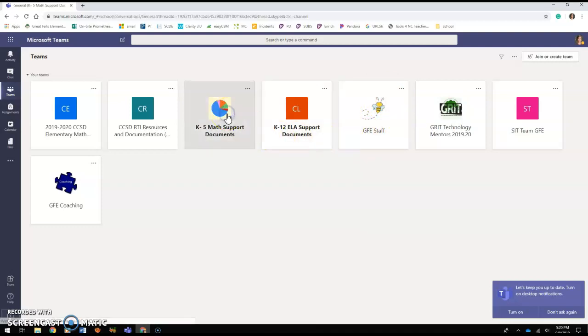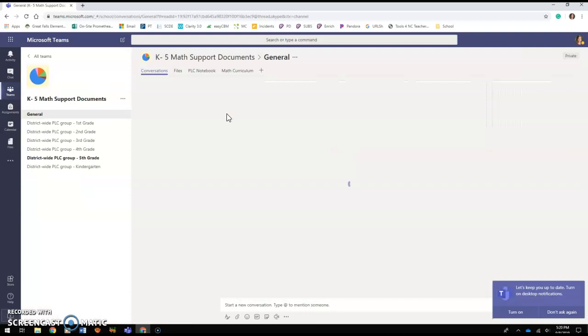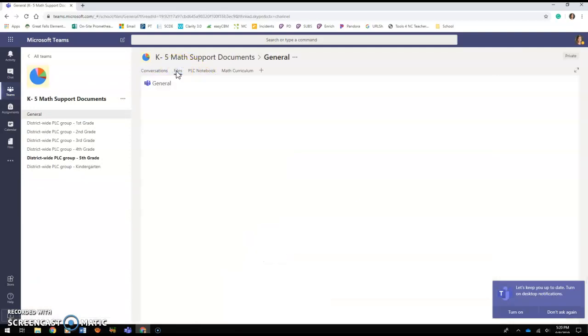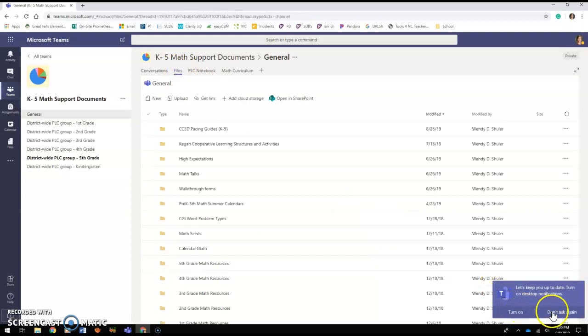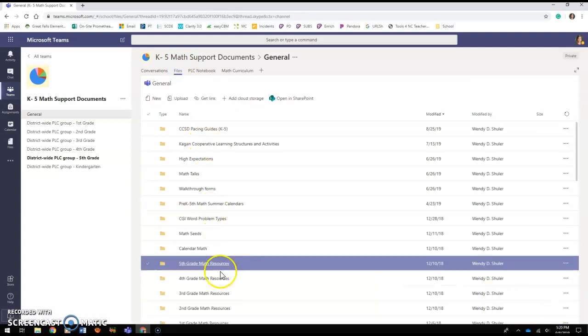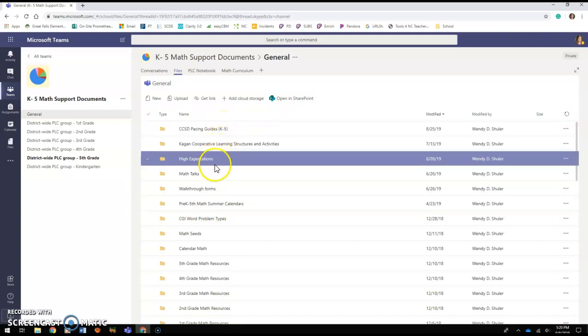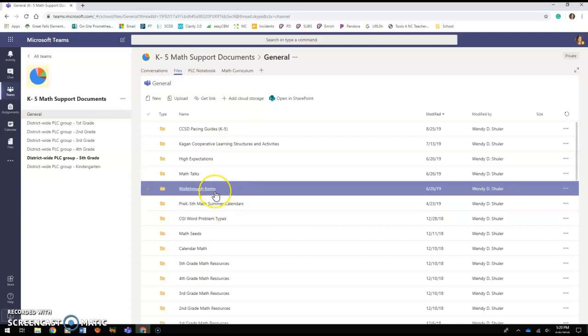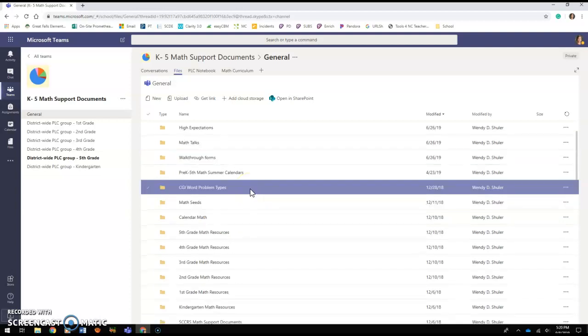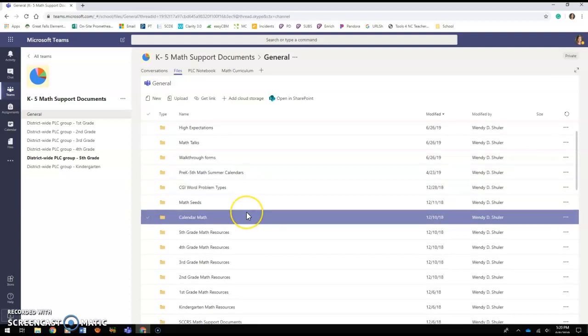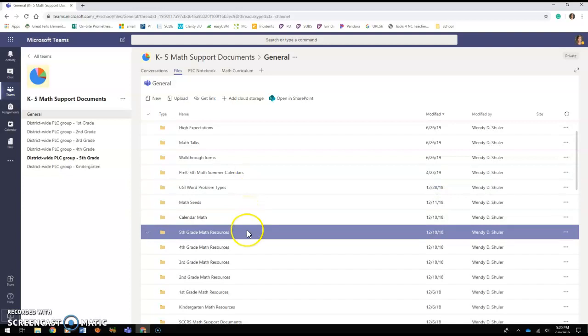If you select the math and go to Files, you will see everything that you need for the year. You have pacing, Kagan strategies, expectations, any walkthrough form that will be used during observations in your classroom, summer calendars that the math coaches will pass out at the end of every school year, calendar math information and resources by